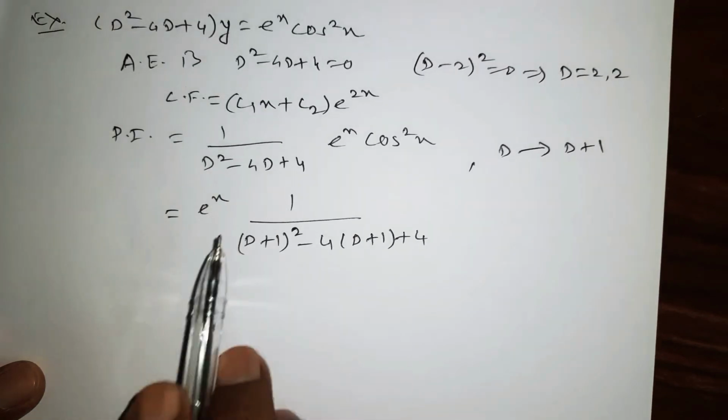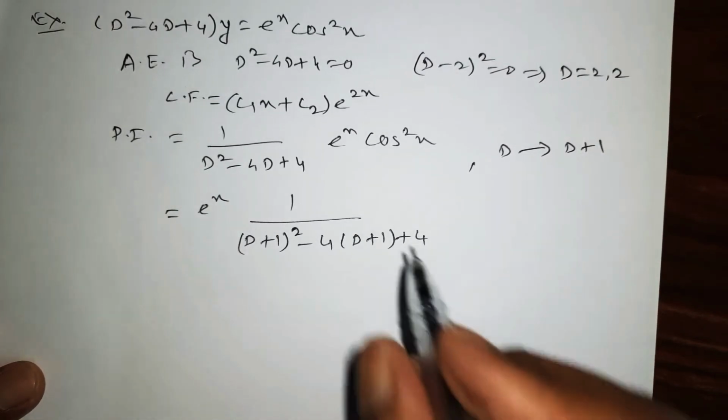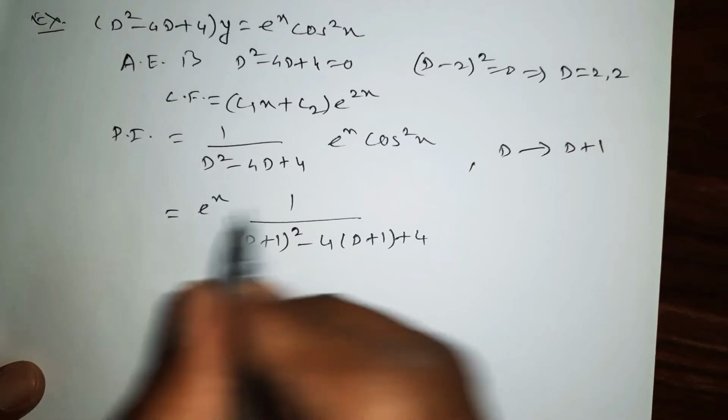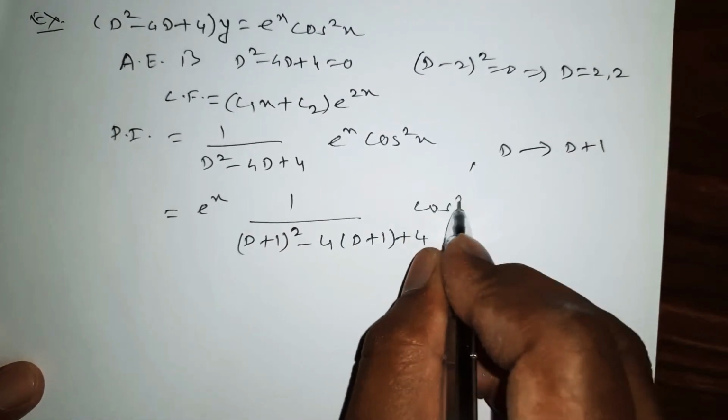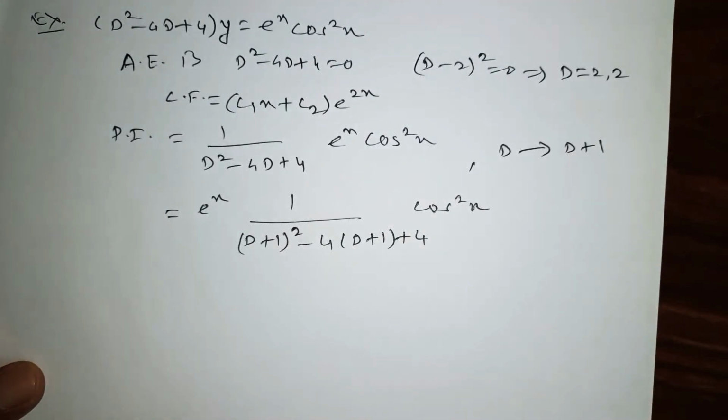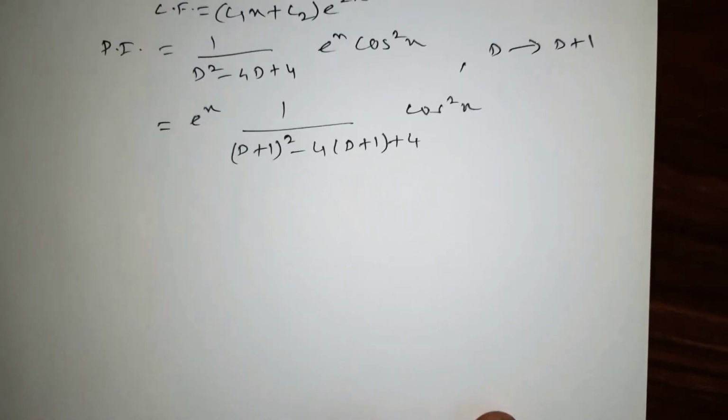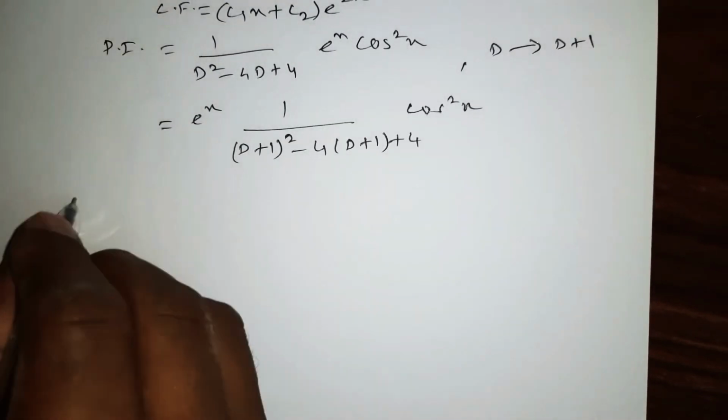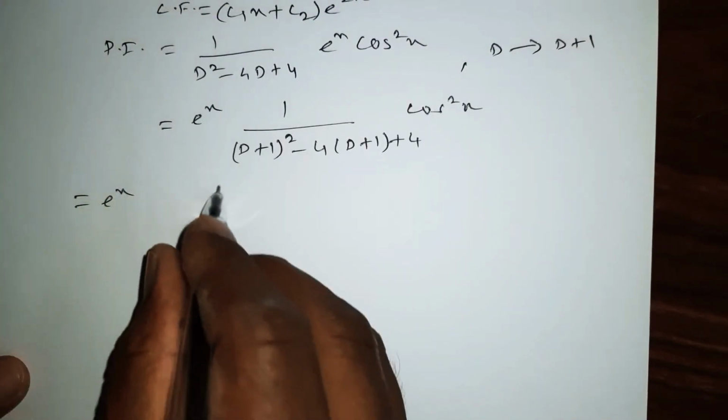In each d, I just write down d plus 1. And e raised to x now comes outside the calculation. What remains is only cos square x. We will see what to do with that cos square x. Okay? So, this is equal to e raised to x times 1 upon